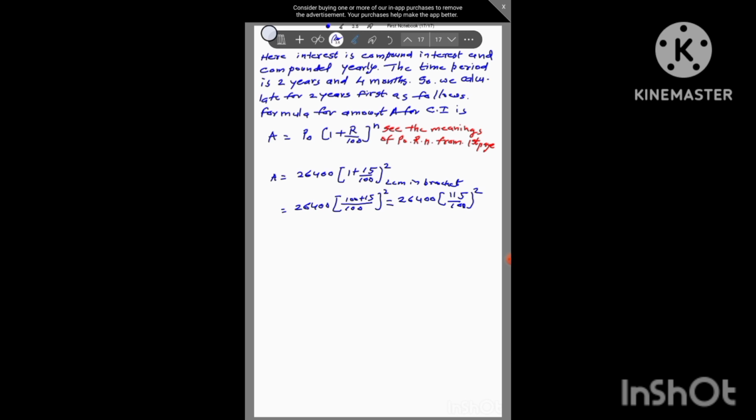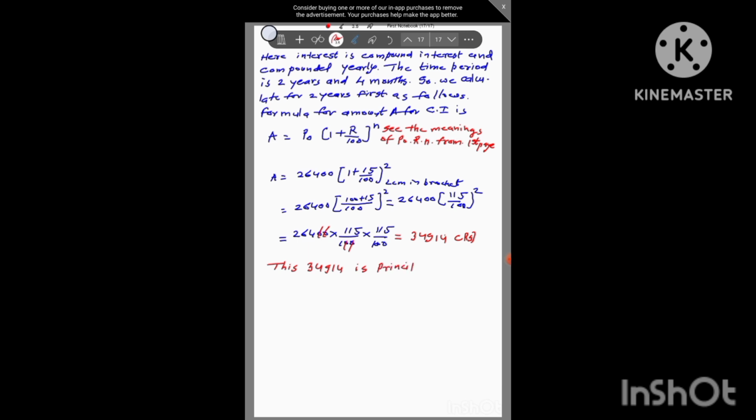We split it, to make the problem easy, and we cancel 0. After solving it, we get 34914 rupees. So this is the amount she will have to pay after 2 years, but 4 months are still remaining,